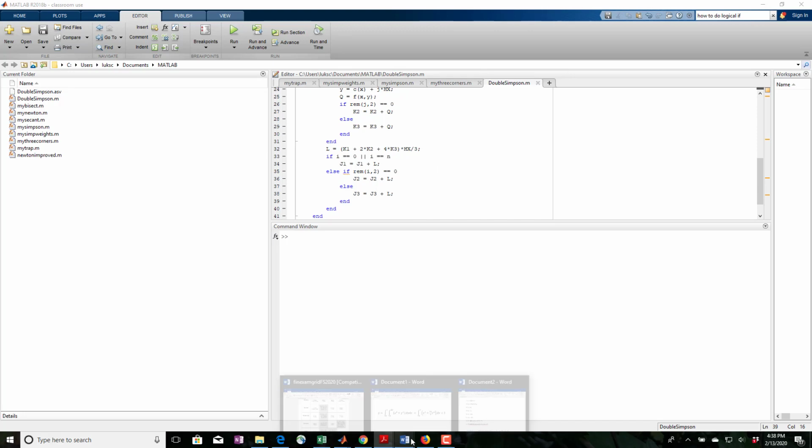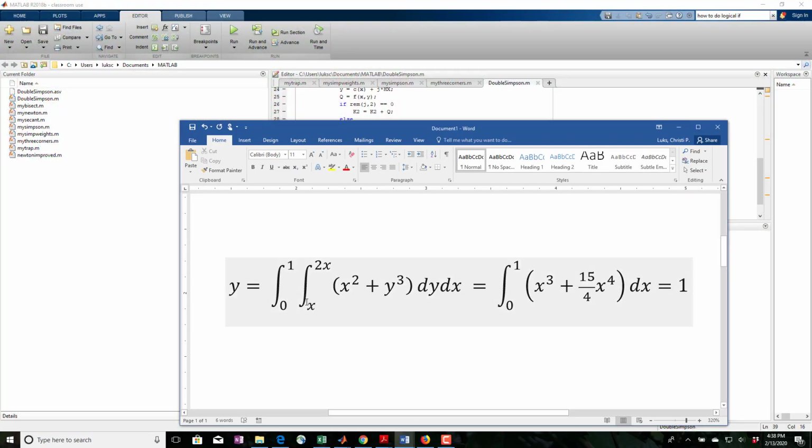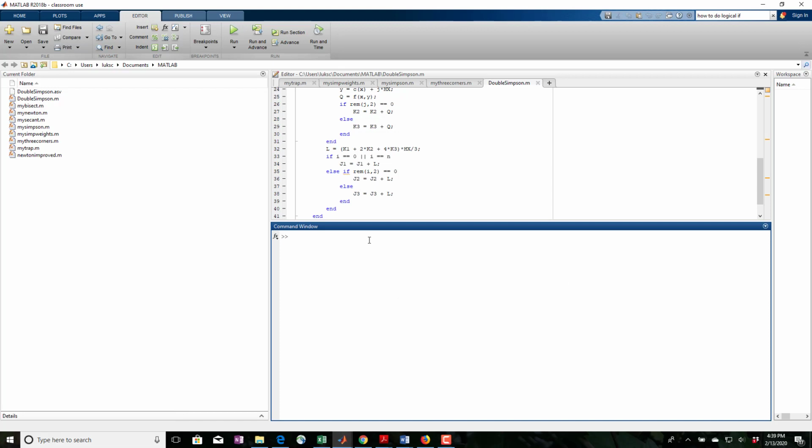Now to test this and see whether or not we've got it right, we're going to evaluate this integral, which the nice thing about this one is it should come up to be a value of 1. And so my function is x squared plus y cubed. My limits of integration are x and 2x, and 0 and 1. So if we set these up, I want to define these. So c, I need to be a function, however you wish to define that. But d is also a function,